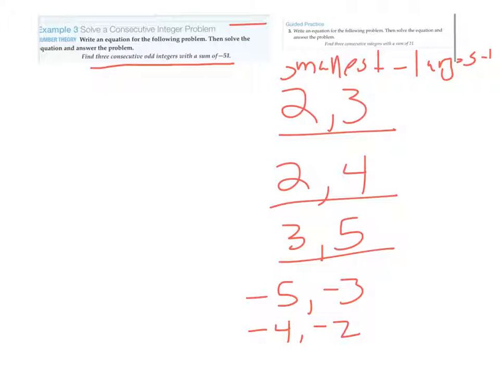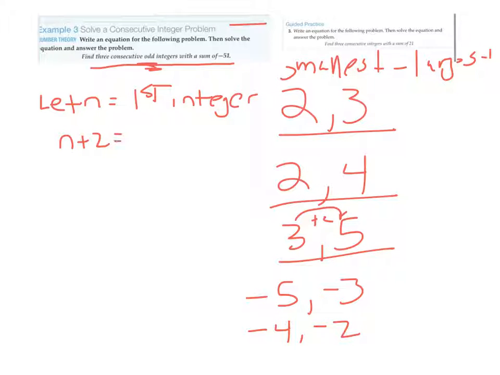So we have to let n be our first integer. Now how do we get to the next one? Well, if we're talking about odd, so if I was going from 3 to 5, I'm actually adding 2. So I'm going to have n plus 2 is going to be my second